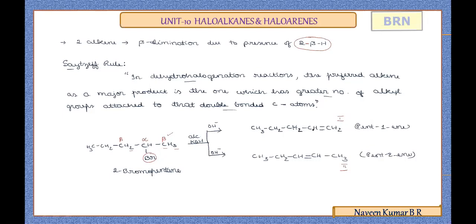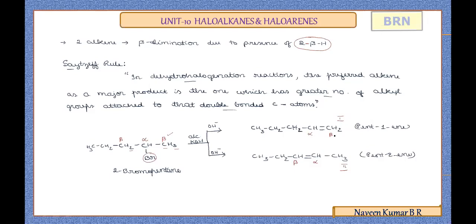Now, the alkene formed here is between this alpha carbon and this beta carbon, towards the right side beta carbon. As the elimination takes place, from this beta carbon a hydrogen gets eliminated, and the halogen from this. Whereas in the second product which is formed, pent-2-ene, the alpha carbon remains the same, the functional group containing carbon, and the beta hydrogen from this left side carbon gets eliminated in the process.